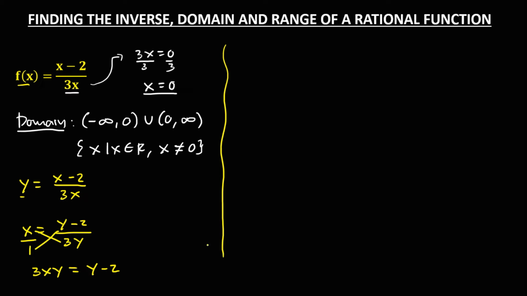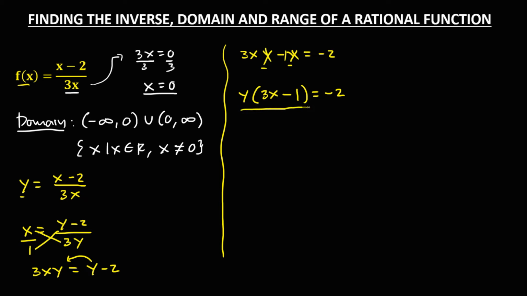Then to solve for y, this becomes 3xy. Then we need to transpose this y, so all y must be in one place. So this becomes negative y, then equals negative 2. Then we need to put this y outside, so this becomes 3x because we cancel this y, then minus, cancel this y, but we have one numerical coefficient. So (3x minus 1) y then equals negative 2.